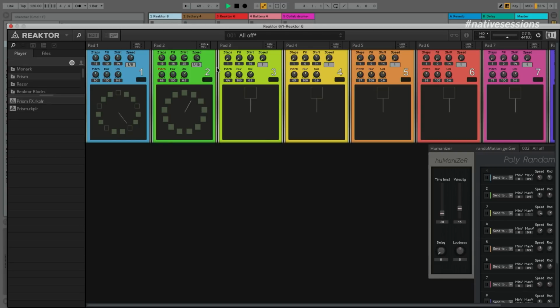At the beginning it's a bit messy and you mess around with many different drums. At the end you've got a cool rhythm.